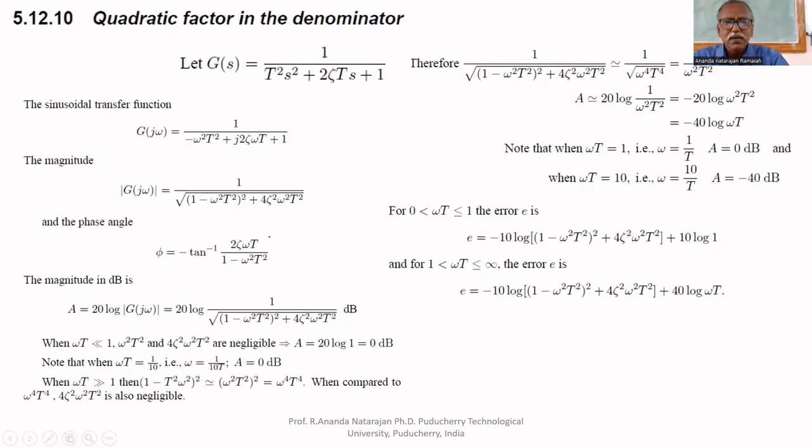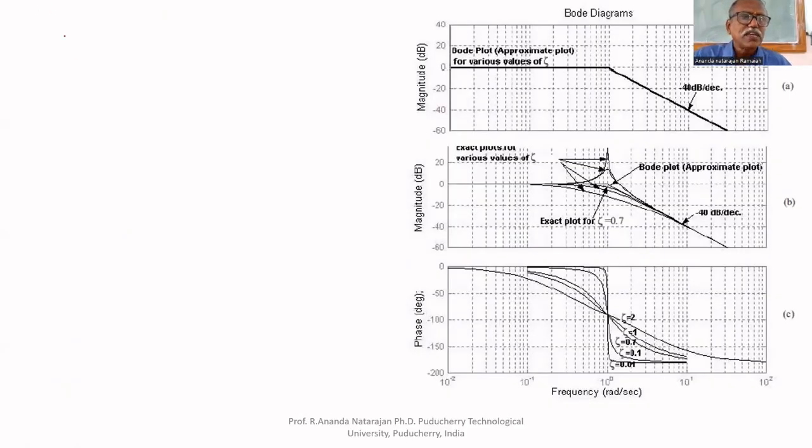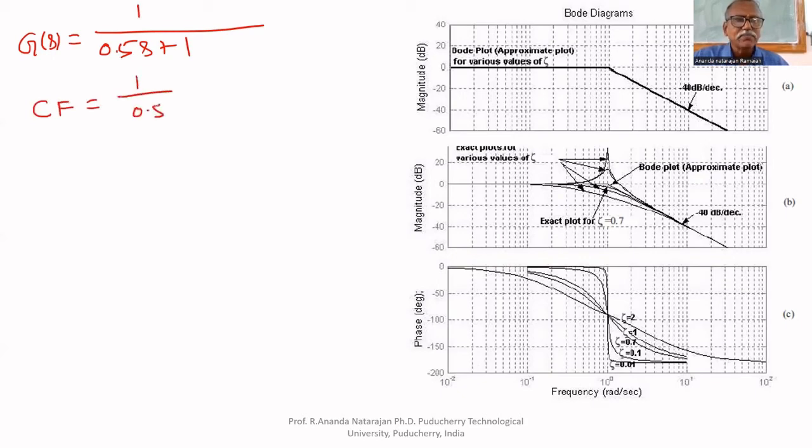Another example. G of S equal to 1 by 0.5 S plus 1. Tau equal to what? 0.5. What is the corner frequency? Corner frequency equal to 1 by 0.5. That is equal to 2. Therefore, the plot for this is,